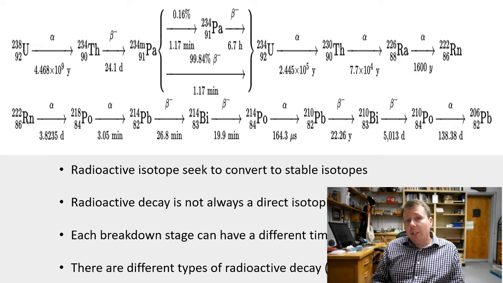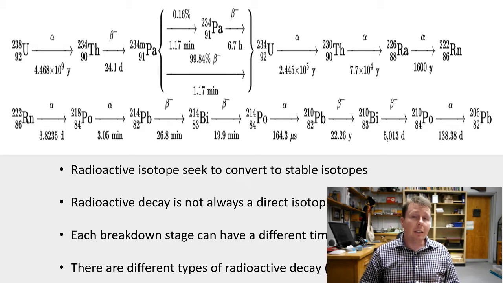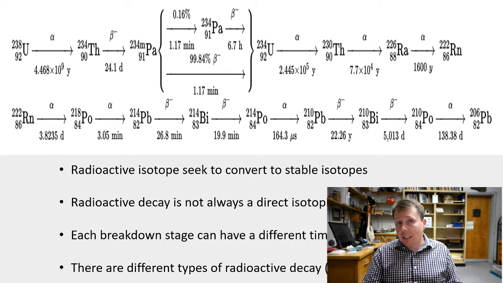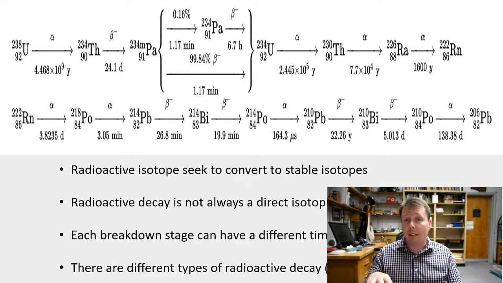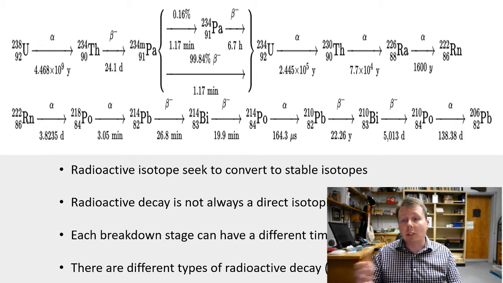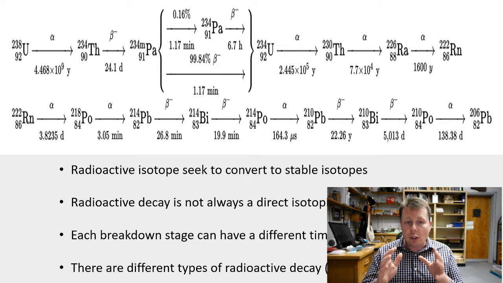So now we're going to show you, there's a lot of chemistry going on here, but try not to freak out about this. This is just to show you how the decay chain works. As I mentioned, certain isotopes don't just immediately convert or transmute into the next isotope that they're going to create. Uranium-238 is a beautiful example. Uranium-238 actually takes multiple steps and converts to many different things over very different half-life times, and ultimately works its way to lead-206. So if you look at this diagram here, a couple of things to notice.